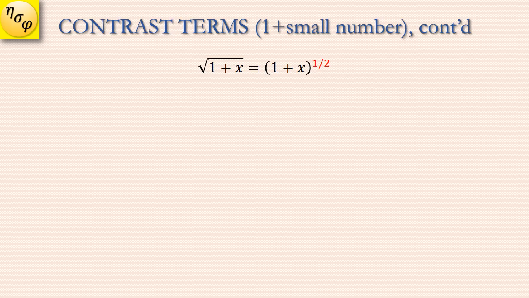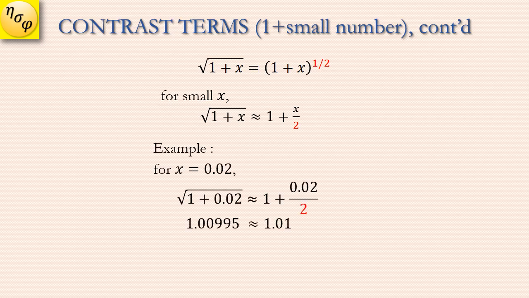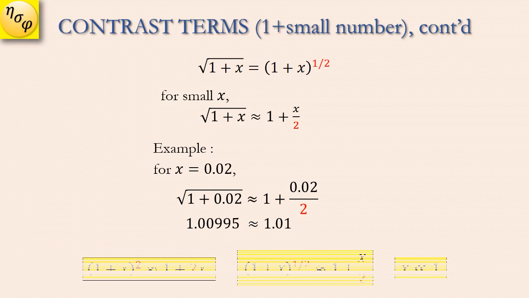The second example is square root of 1 plus x. For small x, square root of 1 plus x can be approximated using 1 plus x over 2. An example for x equals 0.02. Again, the exact answer is close to the approximated answer. And the summary is